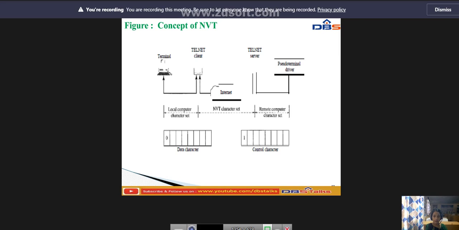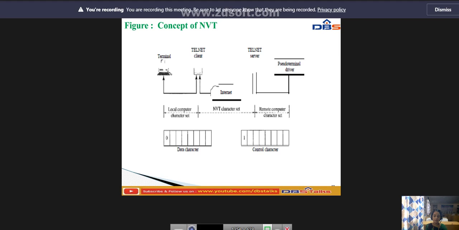NVT, network virtual terminal, uses two sets of characters, one for data and one for control. If you see the diagram, at the bottom there are the two sets of characters in NVT, that is, data characters and control characters. Both are 8-bit bytes. For data, NVT normally uses what is called NVT ASCII.